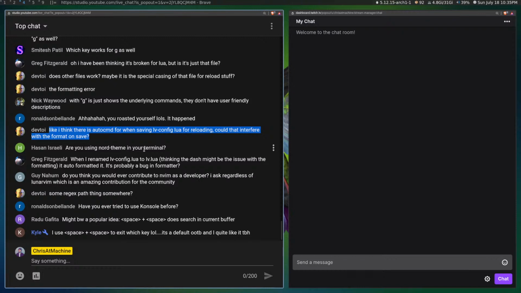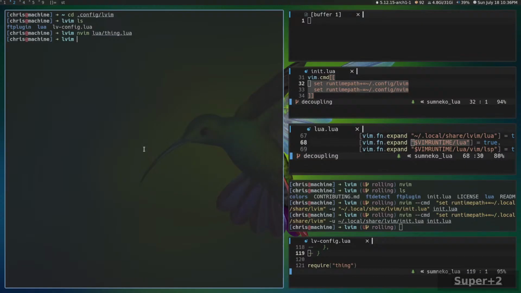You ever tried to use console before? Nah. Might be a popular idea. Space does search in current buffer, with Telescope or regular search? I use space to exit which-key. That's kind of smart. Yeah, but doesn't it then just put a space? I don't know, I think it should maybe do a no-op or something. I don't know. Anyway,